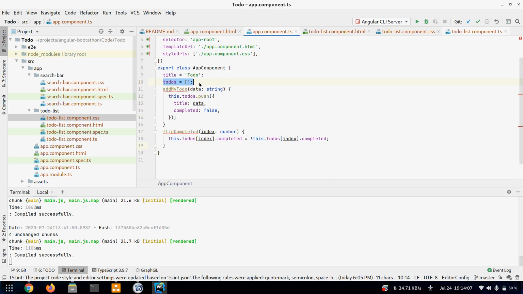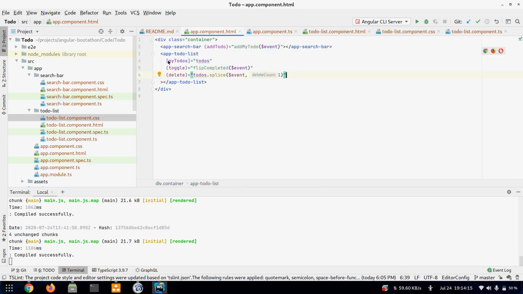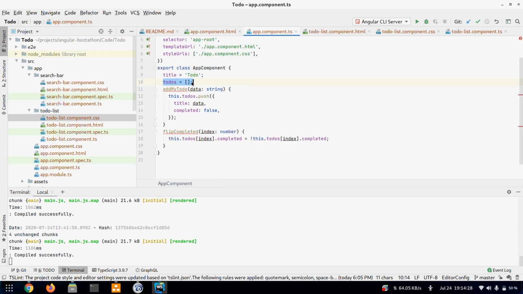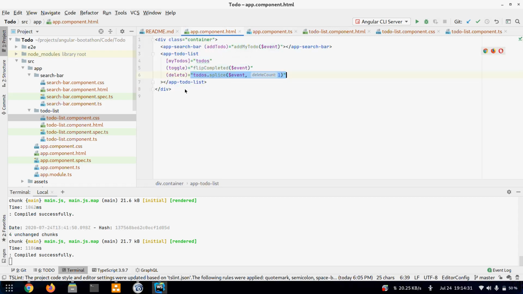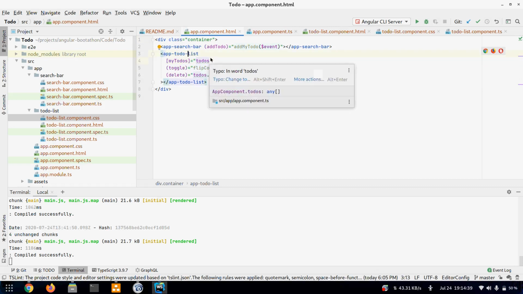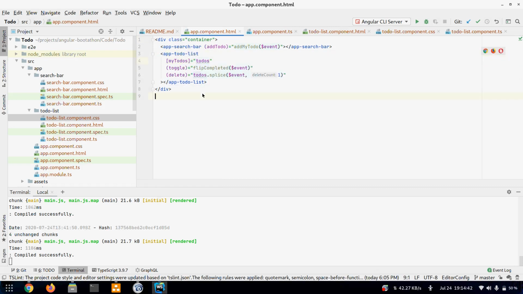No, actually the to-do list is originally available in app component. So only app component can remove it. We are passing it inside to app to-do list. So app to-do list cannot change the source. It can inform the parent about it, and then the parent removes it. And once it's removed, the class state is changed. So this HTML will run again, and it will pass the new to-dos to this list, and that's why it updates there. Okay, got it.